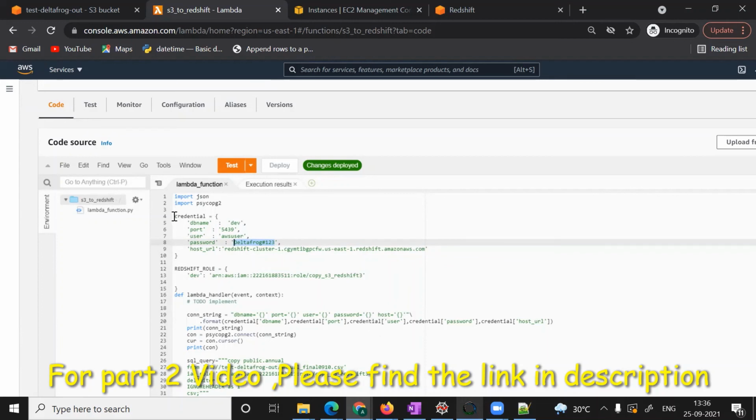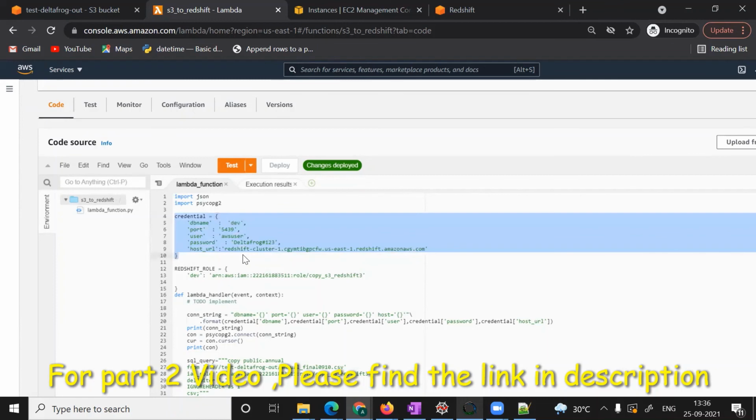So you have to be careful using username and password in the code. Okay, so currently